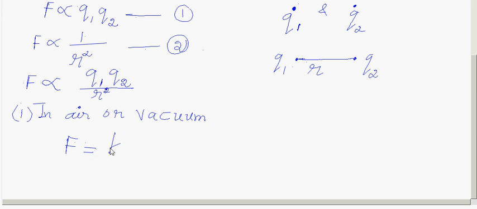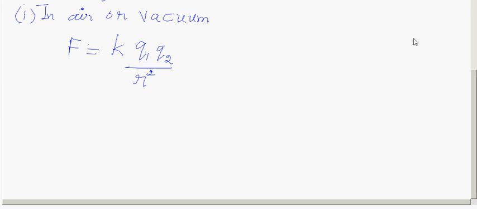F is equal to K into Q1 Q2 divided by R square. Now what is K? K is a constant given by 1 by